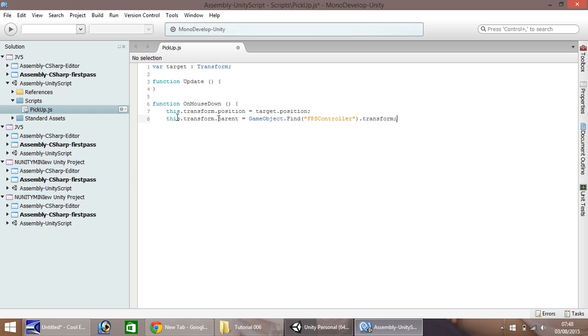Okay, so just to recap on this little bit here, all we've done is we've transformed whatever the script is attached to. It's found a game object called FPS controller and it's transformed it. So it's now coupled onto there. So we need to go one step further as well and put this dot transform dot parent and then equal